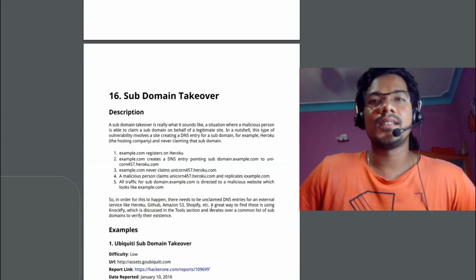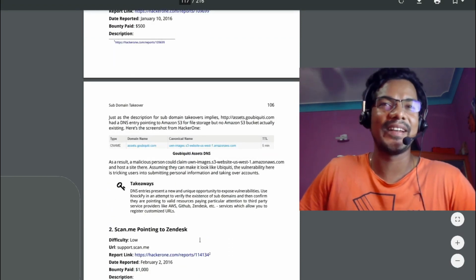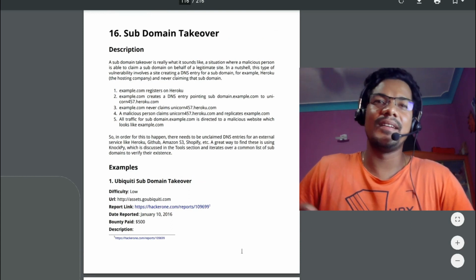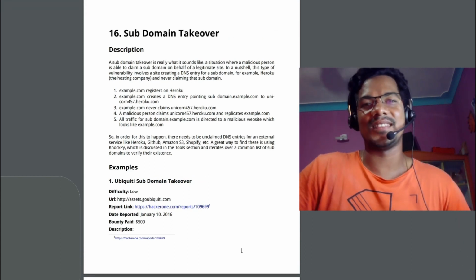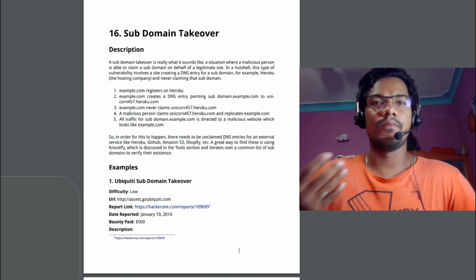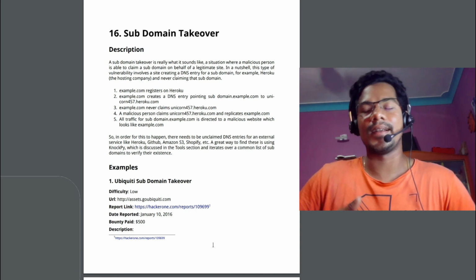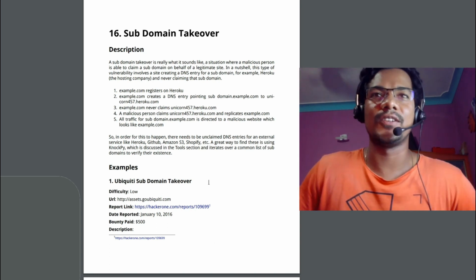Now moving further, subdomain takeover, Franz Rosen. I remember his name whenever I read about subdomain takeover. This is one of the very common issues that Franz Rosen reported back in 2016 or 17. So make sure you read that, how he enumerated Amazon S3 buckets and all those things. I'll make a video on subdomain takeover separately, so no need to discuss further.